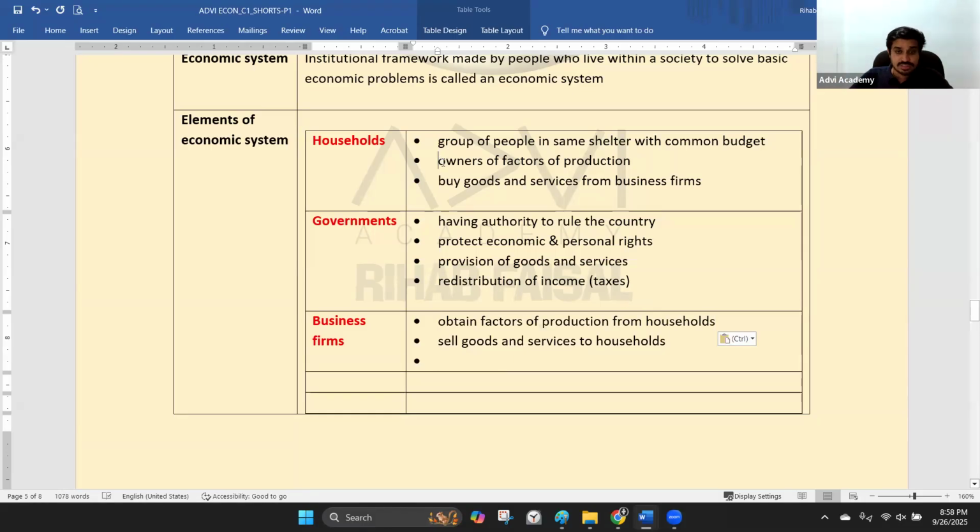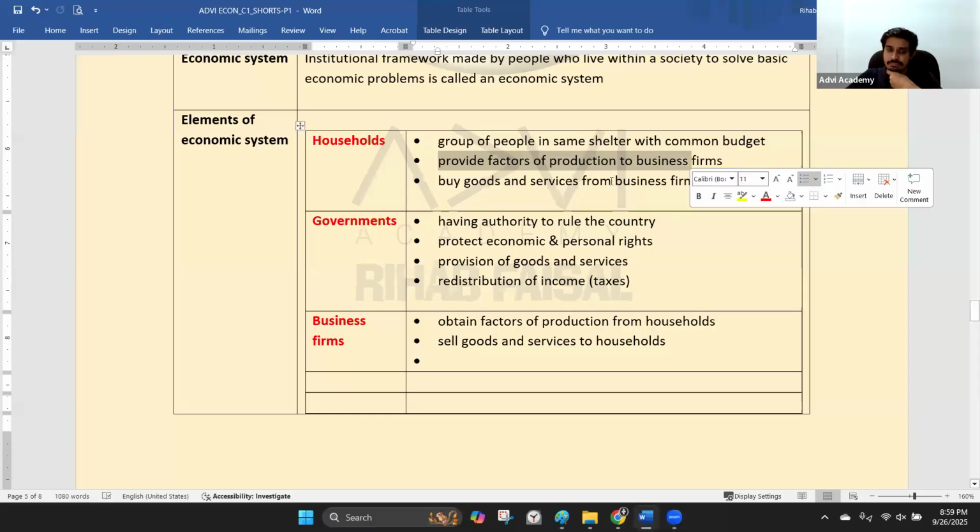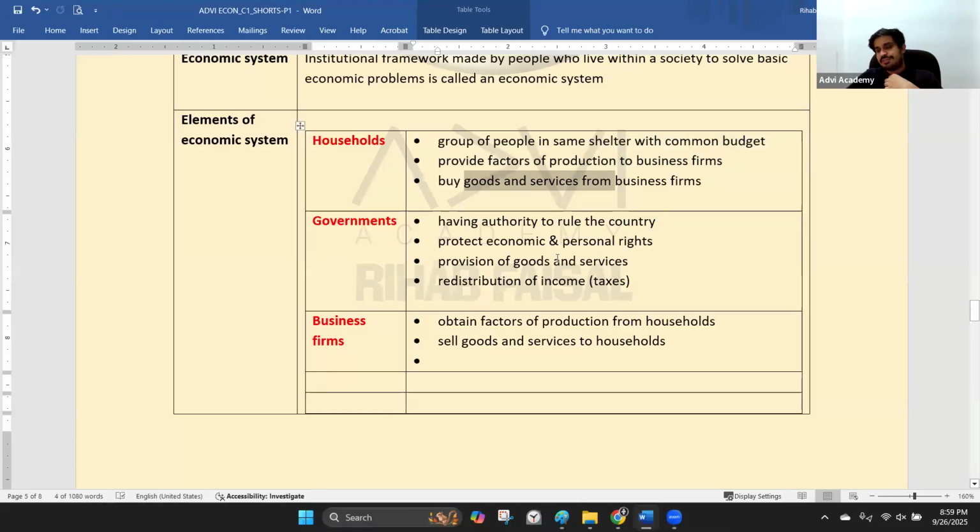Households are the ones who own factors of production. They provide factors of production to business firms, and they buy goods and services from business firms. Whereas these guys obtain from the households and sell to the households. Correct? They get factors of production and sell goods and services. These guys provide factors of production and buy goods and services. So this is what we call as